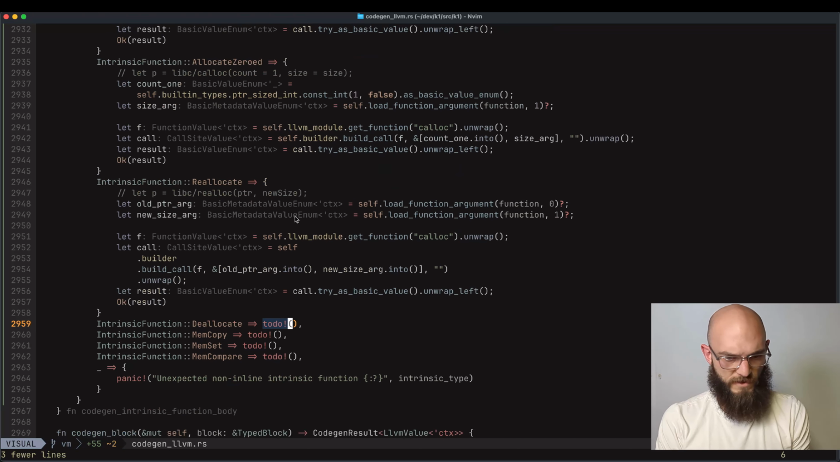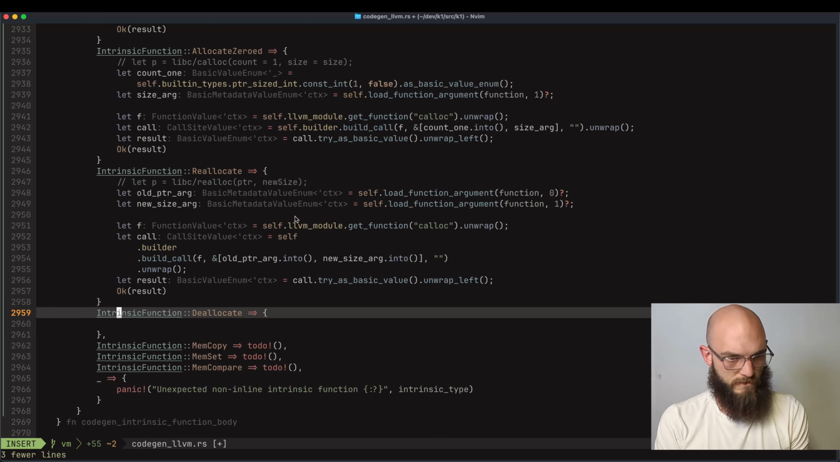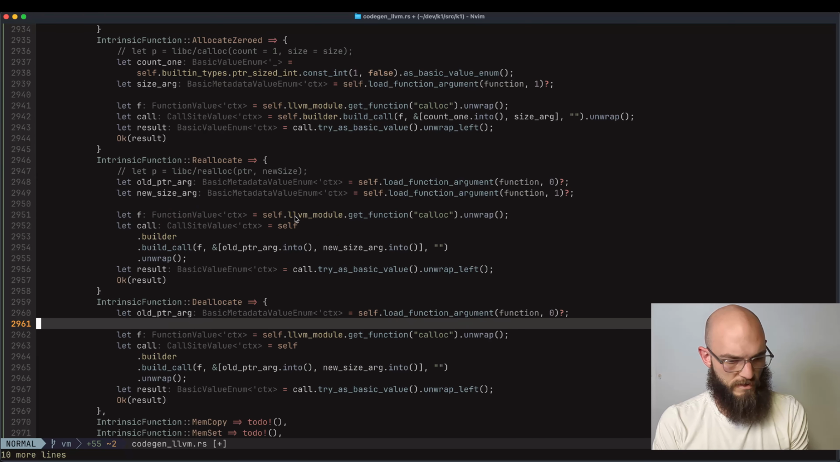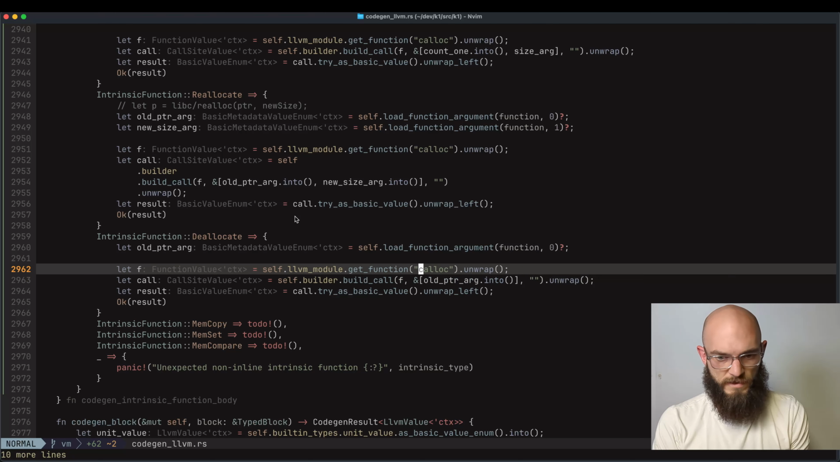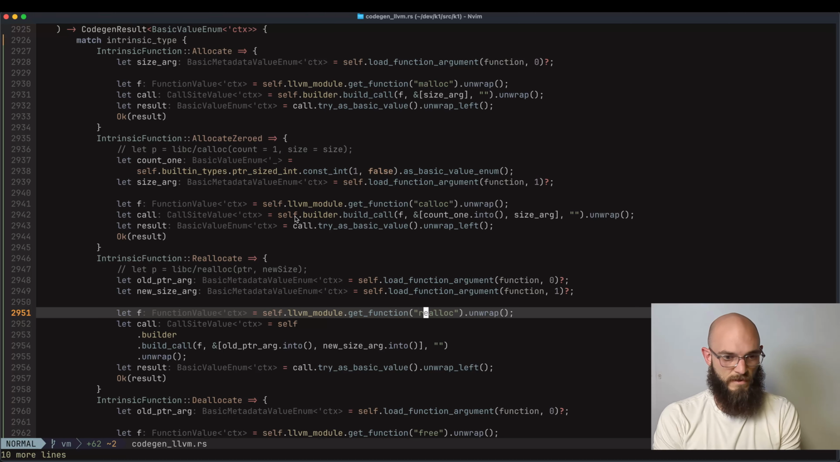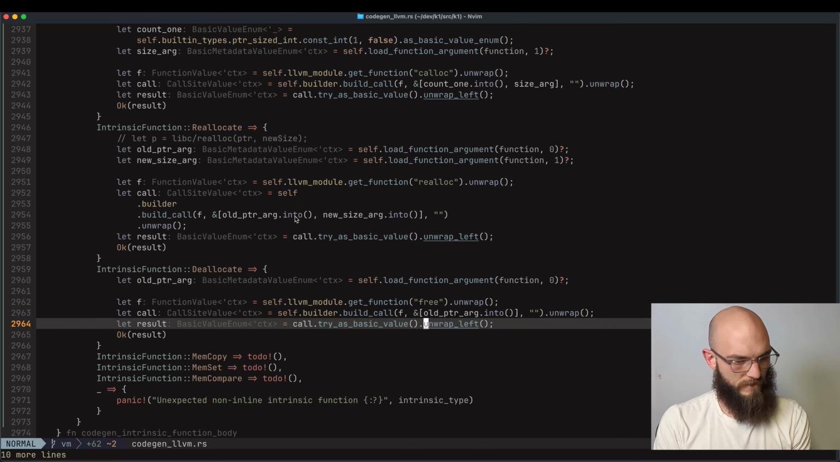And now we just need free. And which is just old pointer arg. It's this whole thing with only old pointer arg. And it's free. And that's realloc. Calloc. Free. And for each one of these,